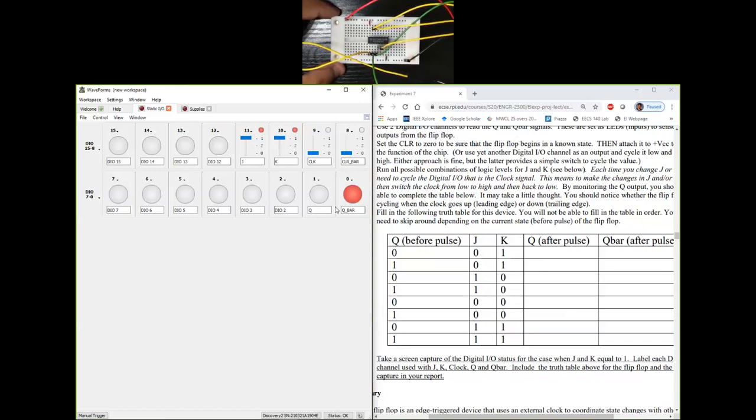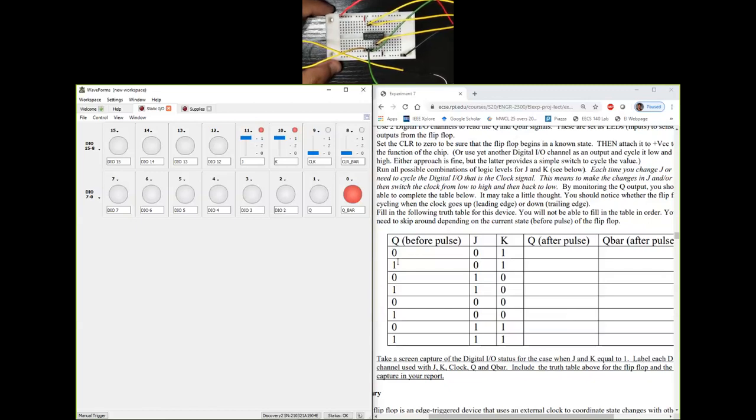So this looks like 74107 doesn't wait for the clock edge to clear. It is not synchronous with respect to the input. So yes, the answer is if you make clear bar that particular input low, it will clear the flip-flop and make the output 0. But I don't want that to happen, because several times I need that input not to respond. That input can be used to force the output to a low. I don't want that. So I'm going to make that inactive, or I'm going to make that clear bar a 1